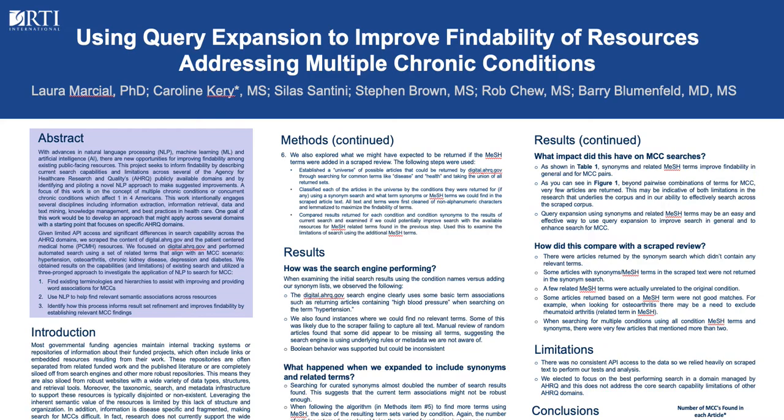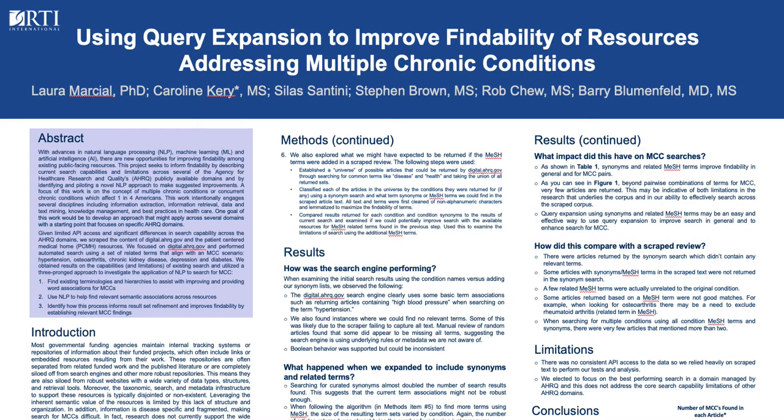So chronic conditions are conditions like diabetes or hypertension, which are extremely common in American adults, and people can often be diagnosed with several conditions at once. And sometimes one condition can cause you to get another condition, and their treatments have to be made with all conditions in mind. So it's very important that providers and patients are able to access resources which address these conditions